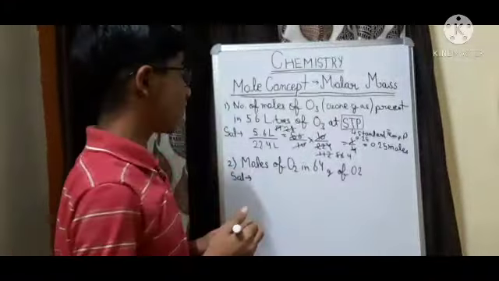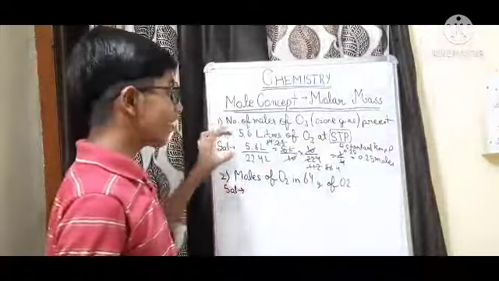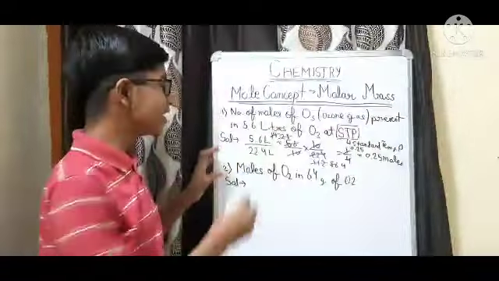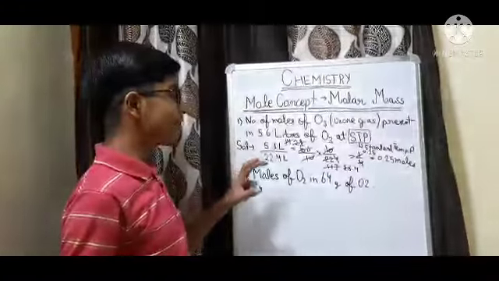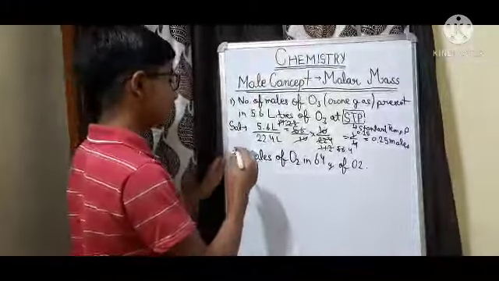So now you may have understood the concept of how to find the moles if the volume is given. Here the volume was given as 5.6 liters. So what we did was 5.6 upon 22.4, which is the molar volume, and that came as 0.25 moles. Now I will be moving on to the next question, and after that we will be moving on to the next numericals.